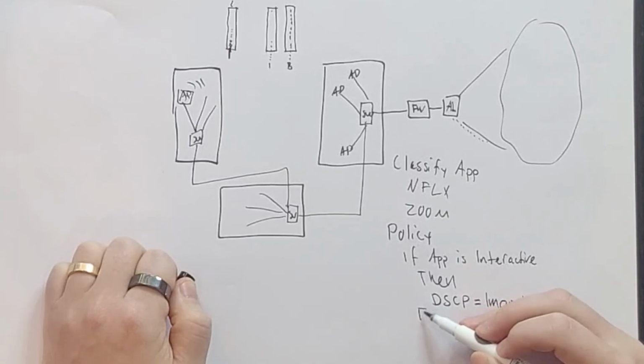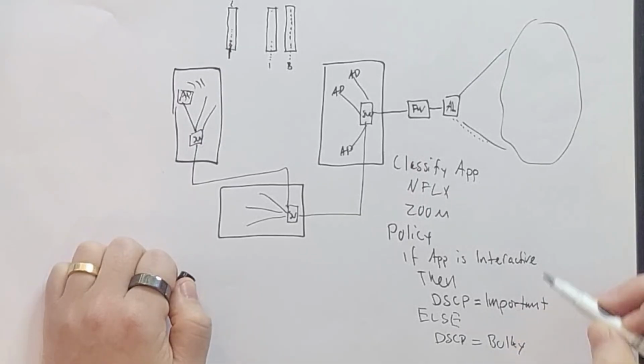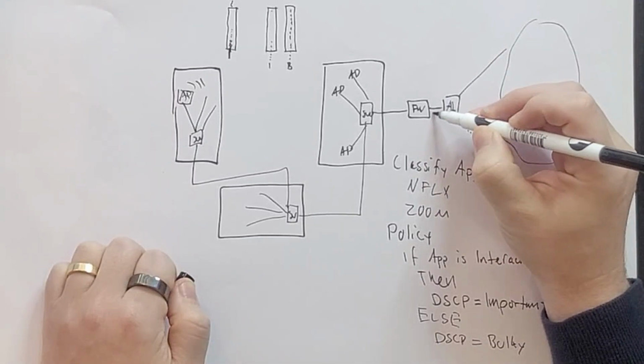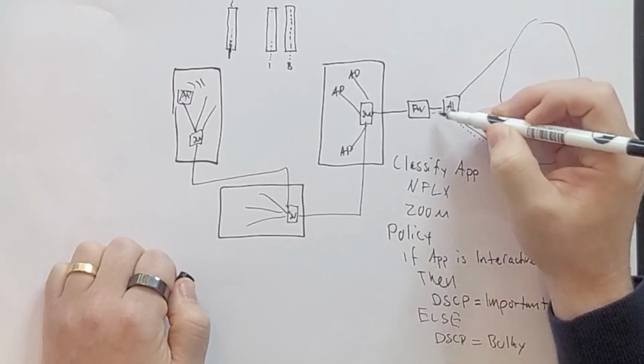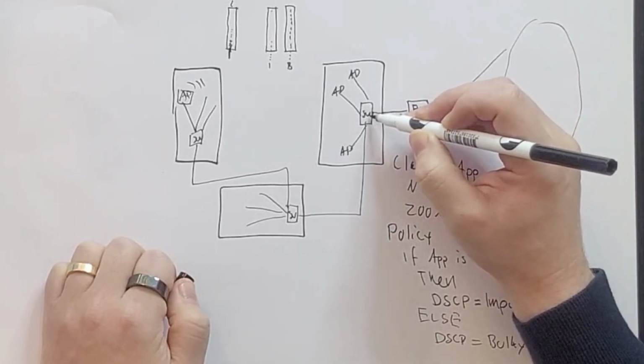There are a couple of different tags that you can use for this, depending on how you've configured the access point. Else, set the DiffServ code point to, let's call it bulky or unimportant. So the packet that then comes out here has the DiffServ code point in the IP header changed, and that packet will then